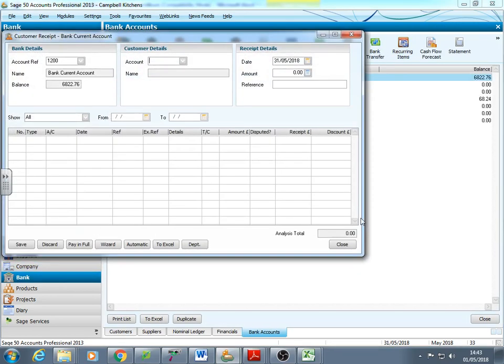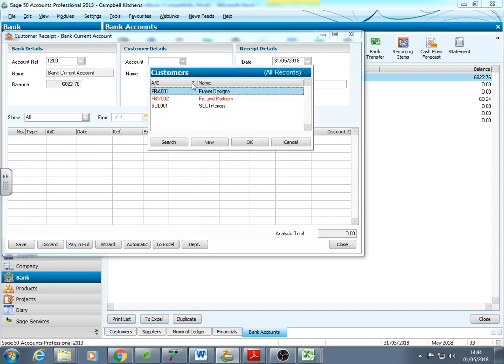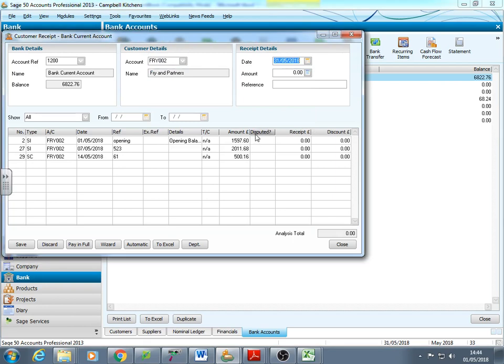So our other customer, Campbell Kitchens, no, we are Campbell Kitchens, so fine partners. Good job they're paying us, they were over their limit, with a balance outstanding and a credit note. Two different ways of dealing with this. Put the date in, and then we can either type the amount in and click on automatic. It will allocate the money between the credit note, and that will try and work it out. Or, and again, that's the opening balance, take off the credit note,